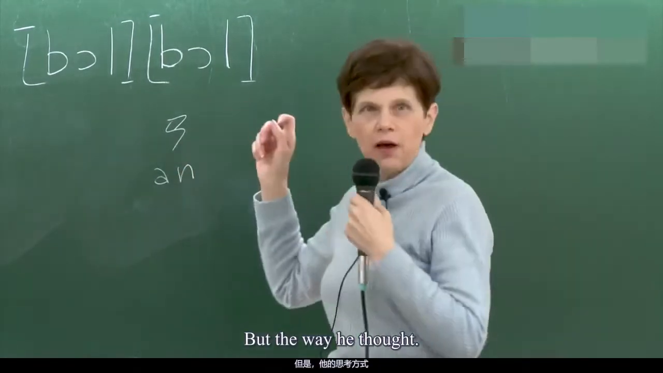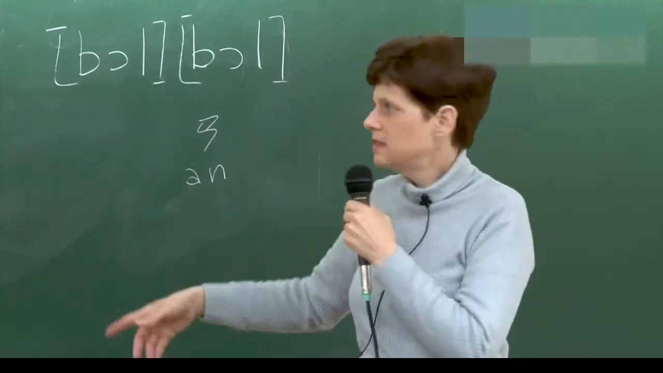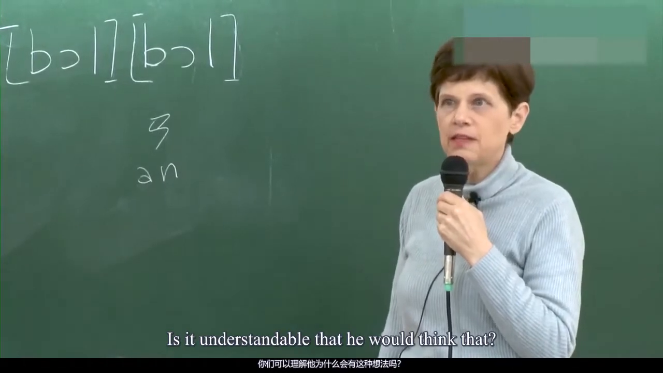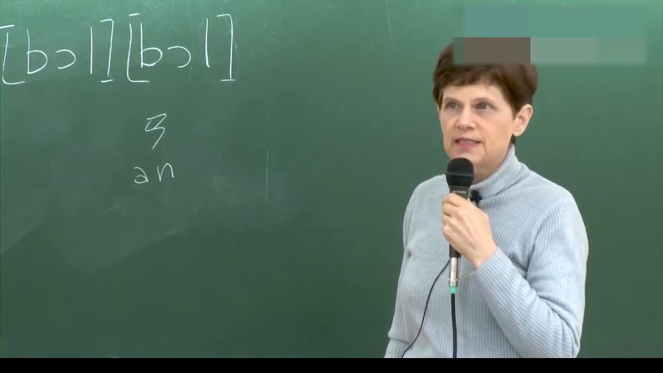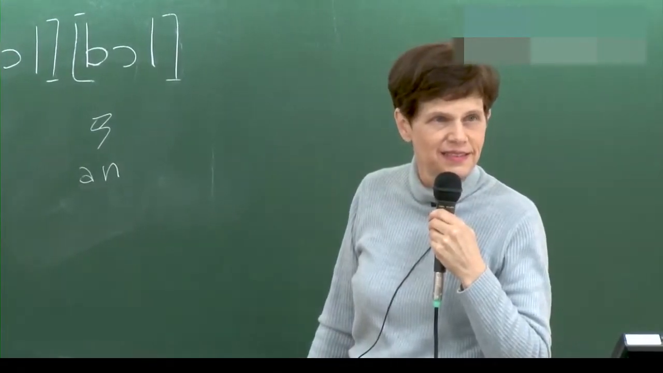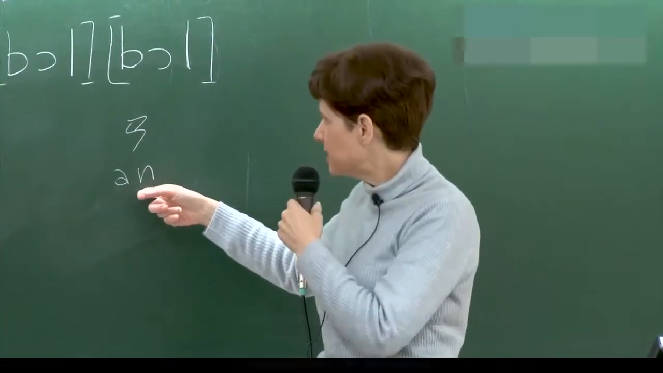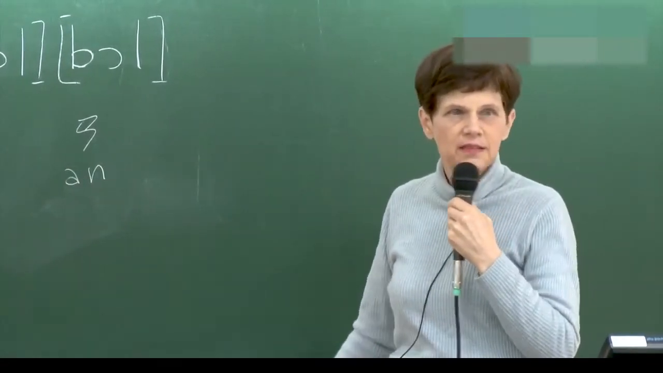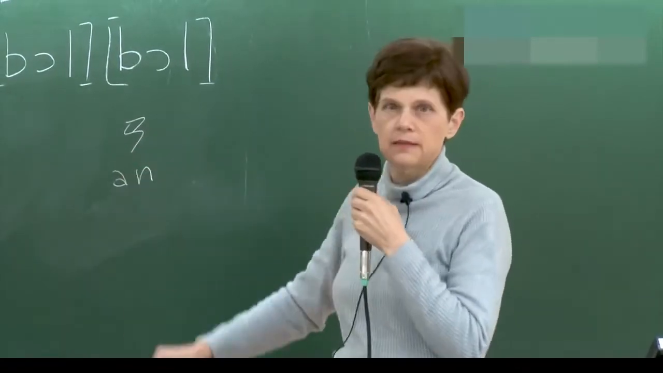But the way he thought, although it seems strange to an English speaker who studied phonetics, is there some kind of logic in the way he thought? Is it understandable that he would think that? Yes, because? Because what? I think the R cannot appear by itself. The A doesn't appear by itself in this form, it's true, but not only that, it should be obvious there's an N there. Of course it cannot be a diphthong. But his thinking is not so strange, it's understandable because